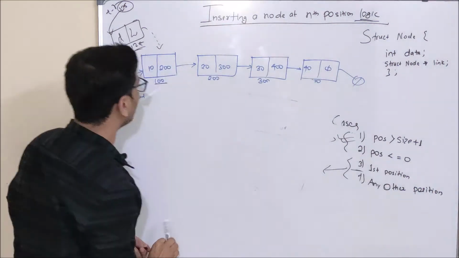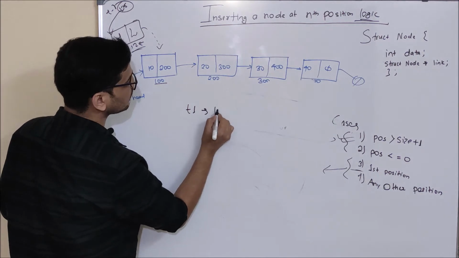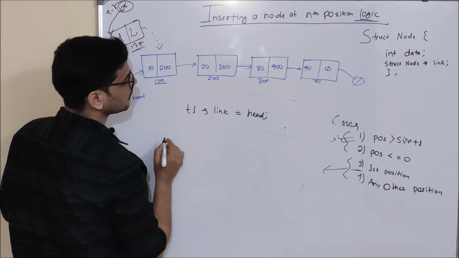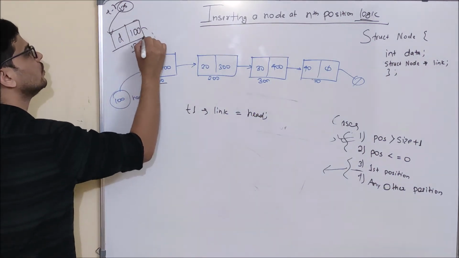So first of all, in T1.link part, we will copy head. That is, this part will be updated to 100. Which means